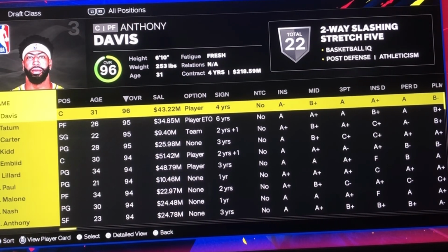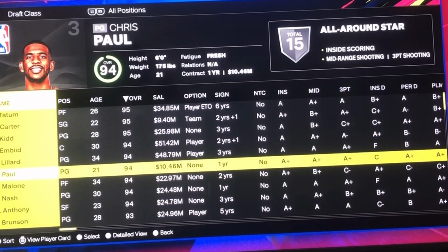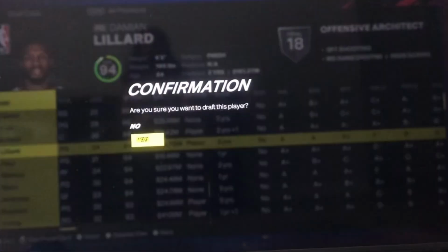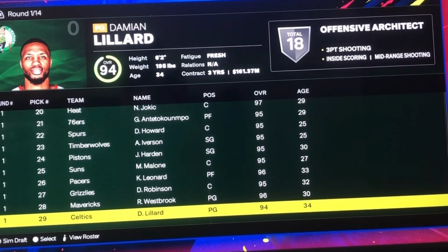And with the 29th pick in the eye test draft, I'm going to select... what time is it? Dame time. Damian Lillard. When Dame is rolling, who can stop him? In his time, he could drive, and he could shoot from the logo. Simply put, he's an all-time scorer. Why is he so low? Defense,